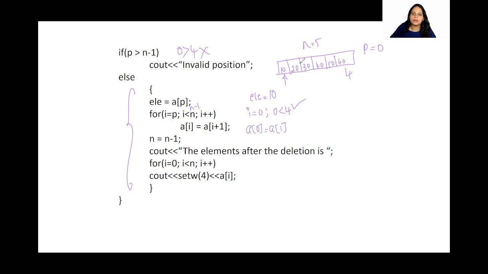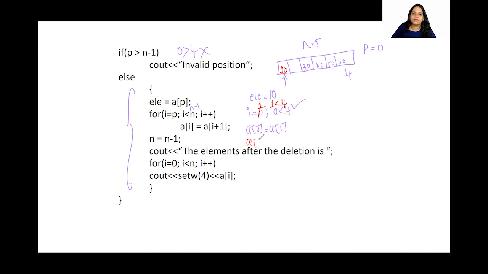Okay, so what is going to happen? This particular item, 20, is going to move over here. Here I'm going to get 20. Okay, so this is going to become blank. Again, I value is going to get incremented. This is going to become 1. Is 1 less than 4? Yes, this is true, isn't it?